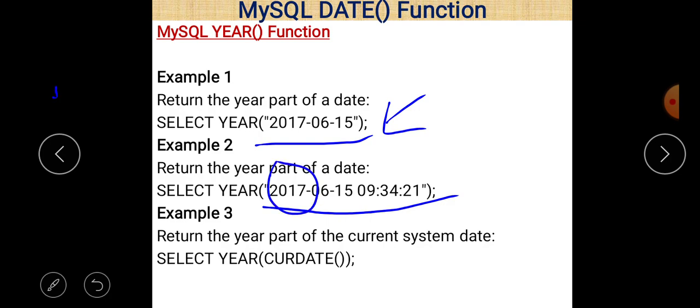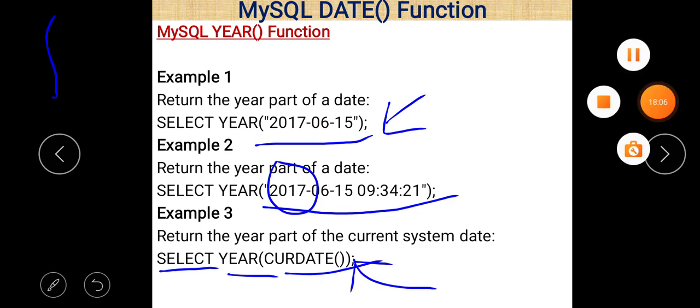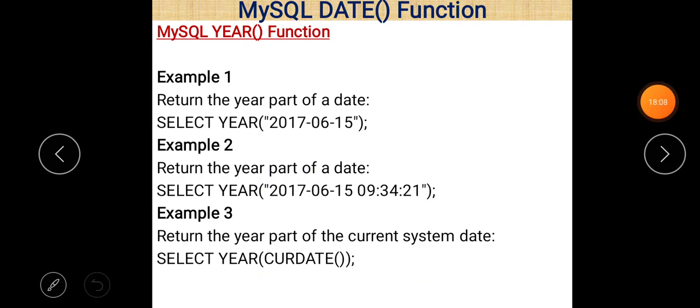And if you want to find out the year of a current date, then for that purpose just write select year and give the current date as a parameter value. You can also find the year of a current date. Next is